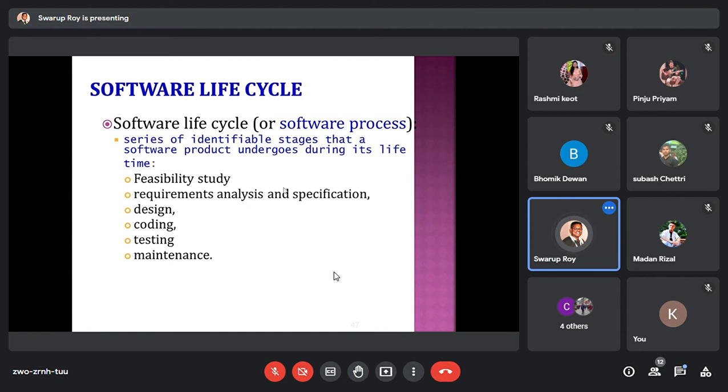Because users can give any arbitrary dream. They can give any arbitrary dream, and that may not be possible or feasible for the company to develop within a valid point of time.